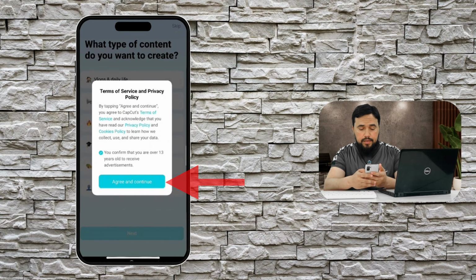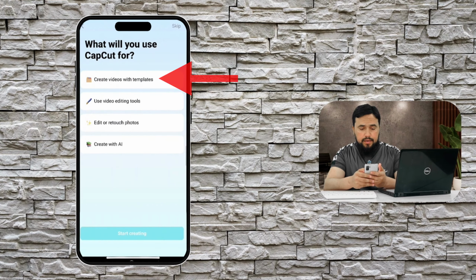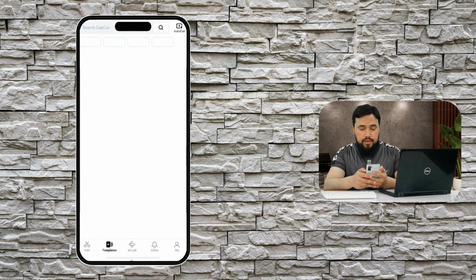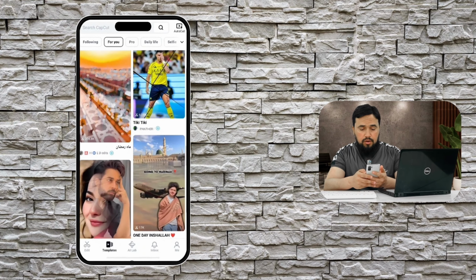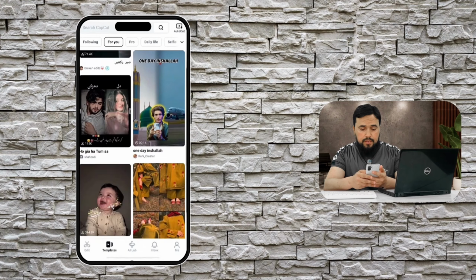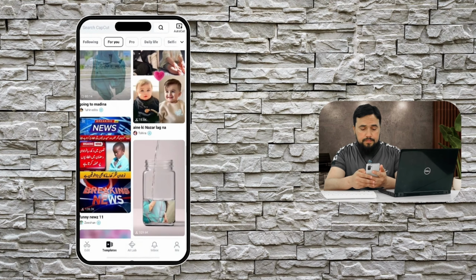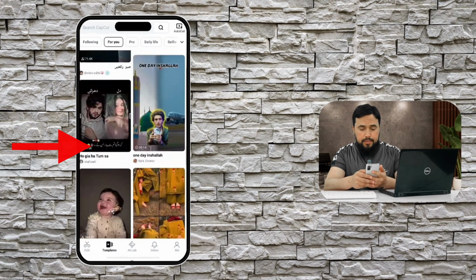You can see it will check the virus and other risk, and then click on the agree and continue button and select the one option. I want to select the social media content option. Click on it and then click on the create video with templates option. Click on it and these are all the templates available in the free. I want to make a video on this one template. Click on it